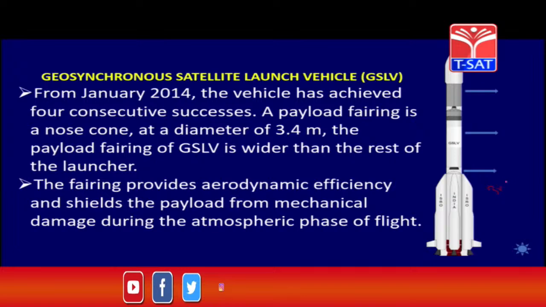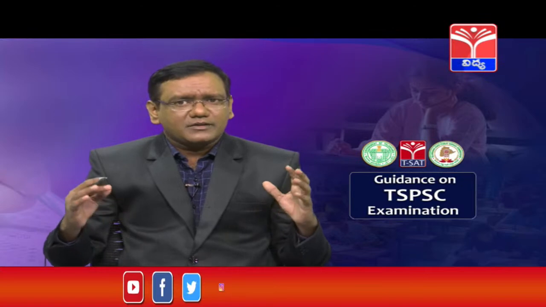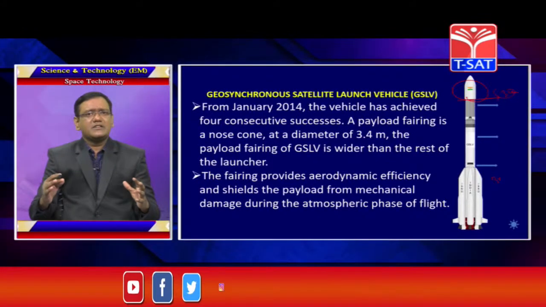A payload fairing is a nose cone, that is this part, at a diameter of 3.4 meters. The payload fairing of the GSLV is wider than the rest of the launchers. Since it is wider, it is easy to take a much higher weight to different spacecraft, different orbits. The fairing provides aerodynamic efficiency and shields the payload from mechanical damage during the atmospheric phase